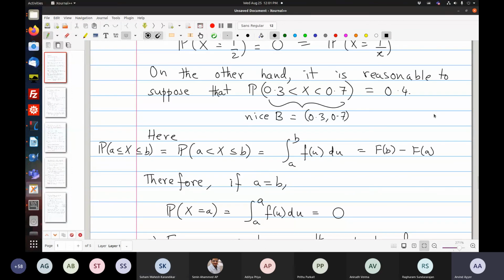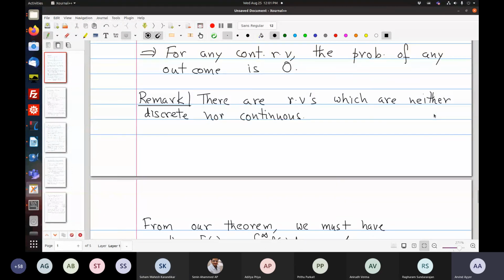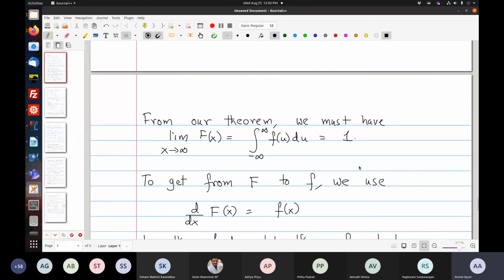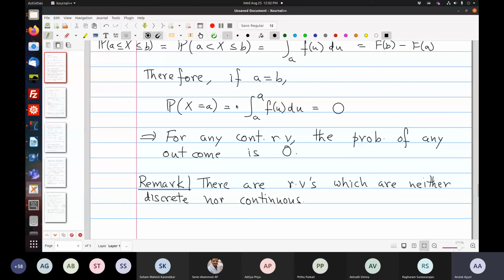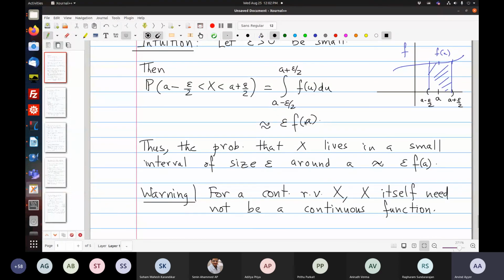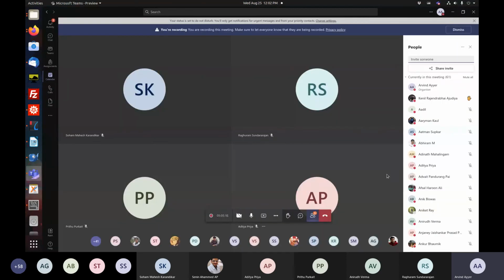Okay, sir. But for now, I just want to illustrate the idea. I said that all probabilities of any outcome are 0, right? But I'm saying that there is still something that you can read off, and that is the probability of being in a small interval around a point. From that you can read off the PDF. Yes. Okay, that was all I meant to say. Sorry, I again went over time, but there were a lot of questions.